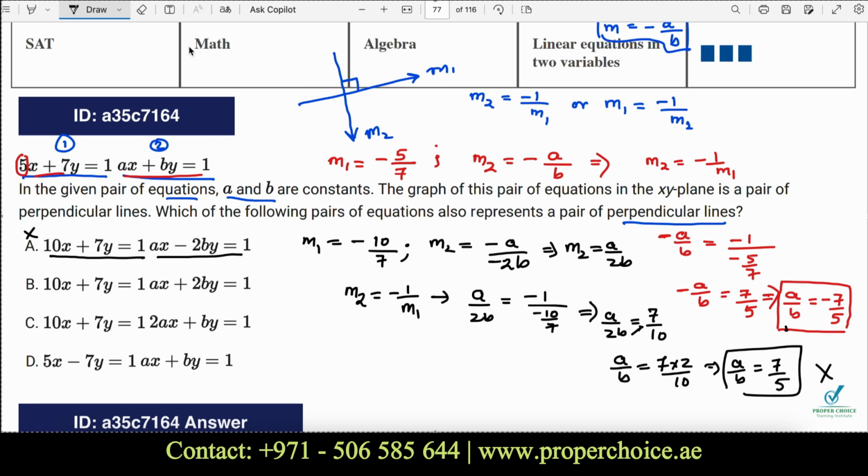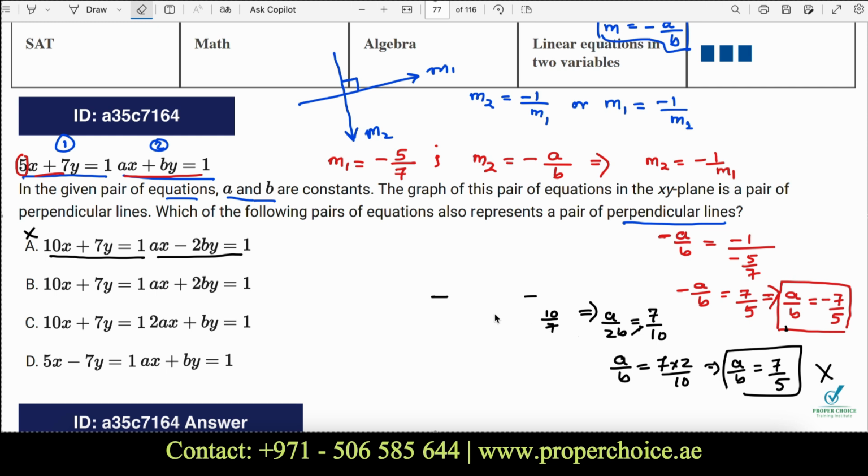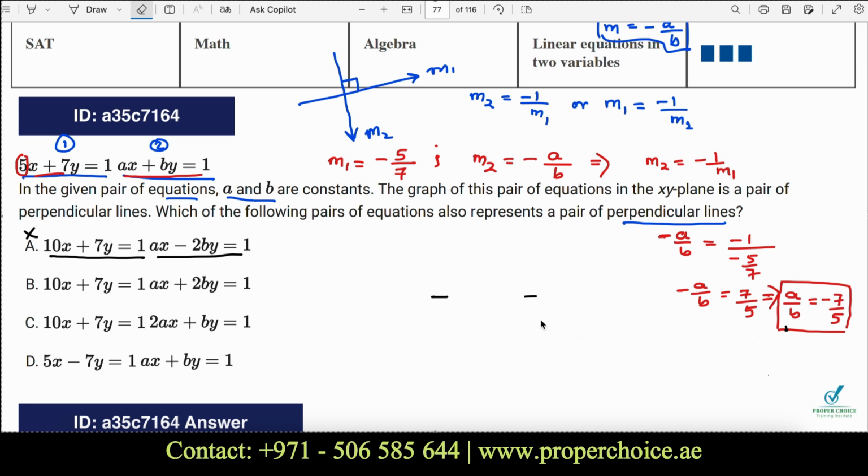Now repeat the same thing with option B. You have to do it repeatedly till we get the same ratio of a and b, which is negative 7 by 5. So repeat this for option B. If it is matching, that itself is your choice. So let's continue. In this case, what is the slope of the first line? I can write it here again, m1 equal to, this time I'm talking about this, m1 equal to negative 10 by 7